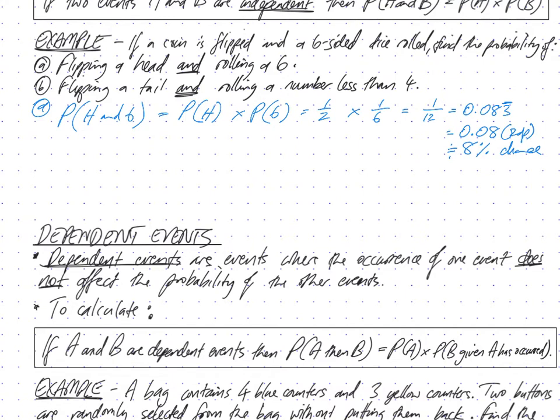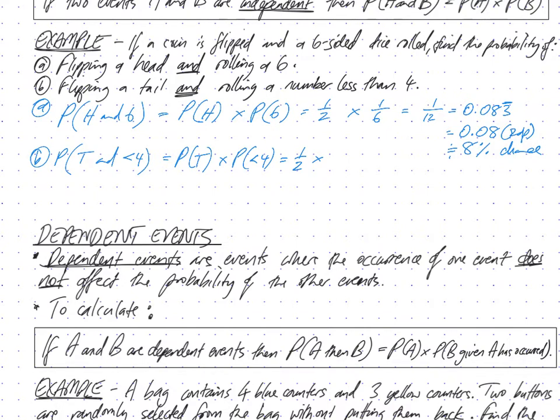Okay. B, flipping a tail and rolling a number less than 4. So flipping a tail and less than 4. So if I'm saying less than 4, that means I care about the numbers 3, 2, and 1. So that's the probability of tail times the probability of less than 4. So that's going to be, what's the chance of flipping a tail? It's a half again, times